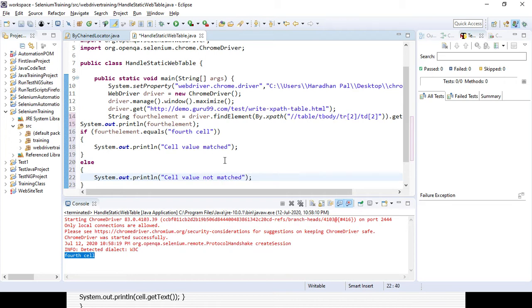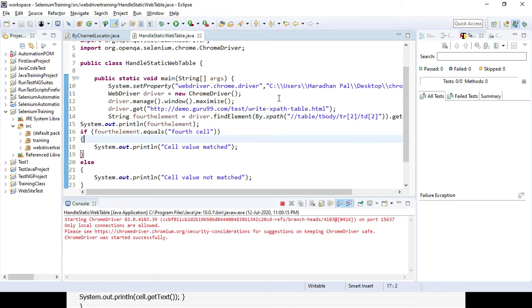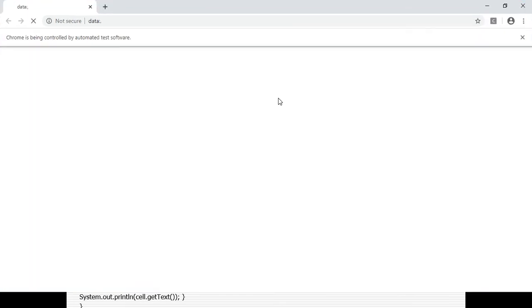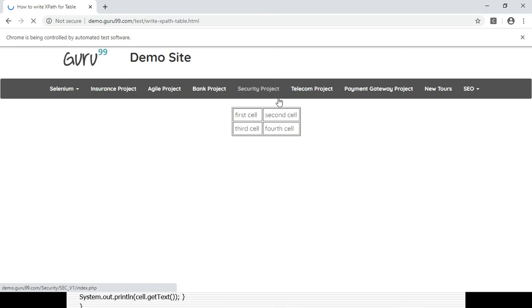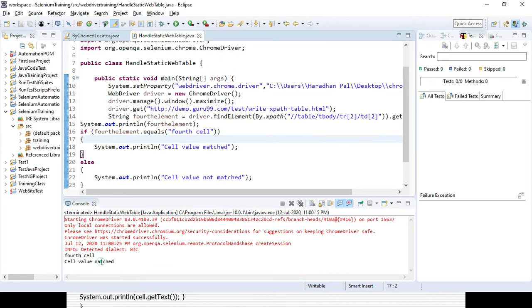Now here I have given fourth cell, so let's see whether it is matching or not. Let's go to the console, cell value match, you can see.